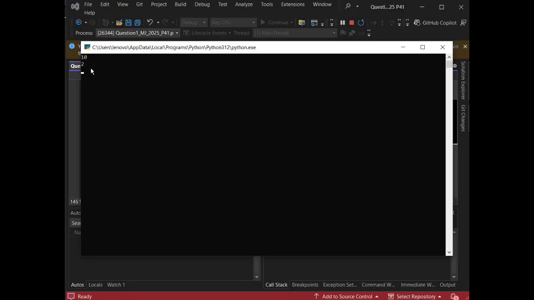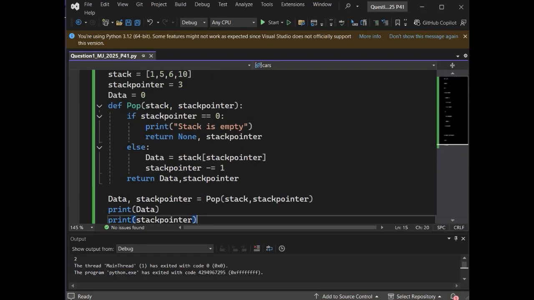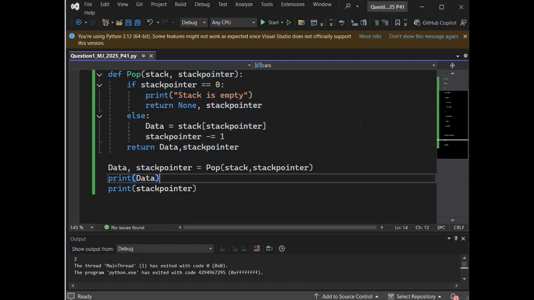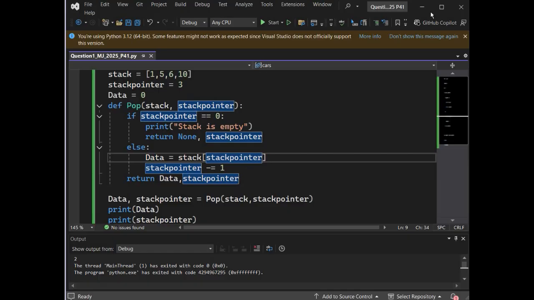Now when we pop a value, see, it becomes -1. So the next time I run it, it will pop the second value and so on. Now most of the time it will be better if you do it like this.